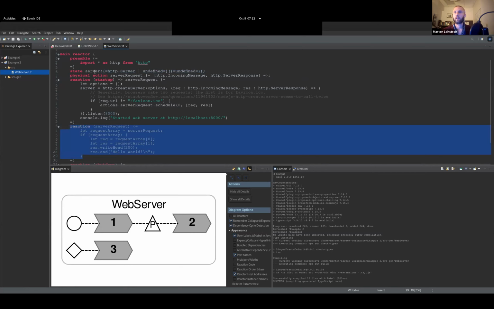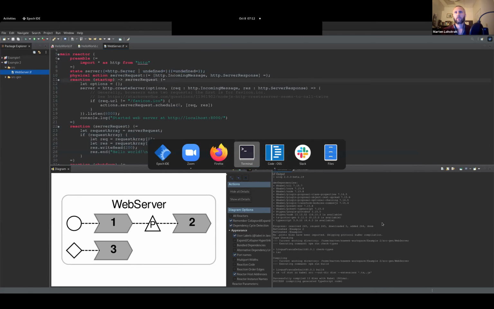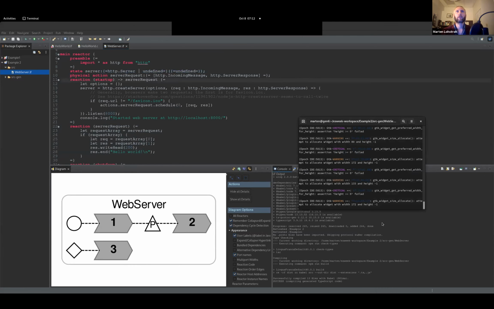So we can quickly have a look at what that looks like. These TypeScript programs are actually created as if they were